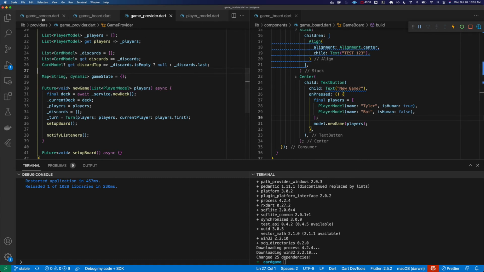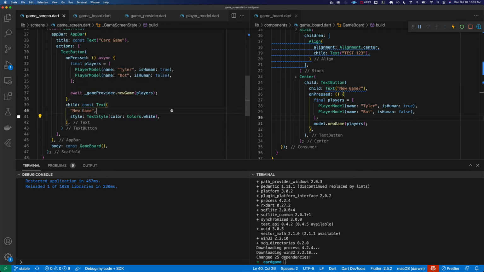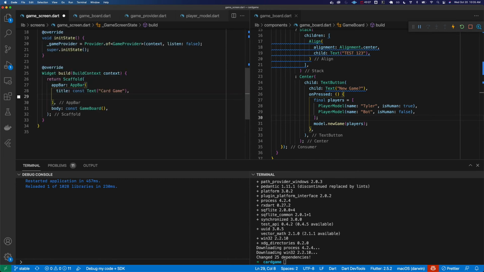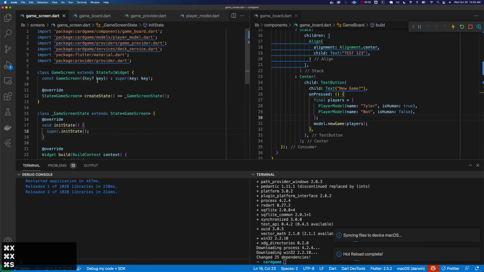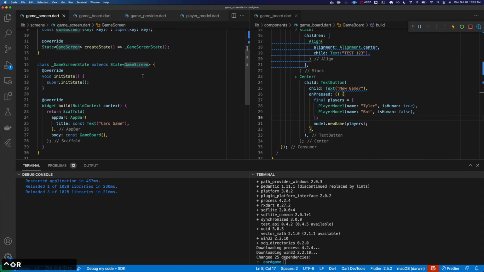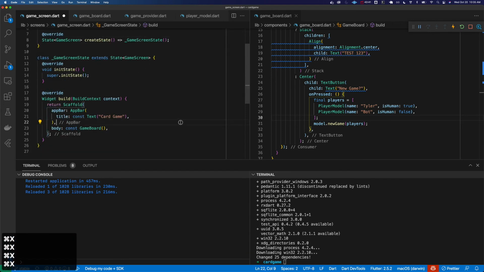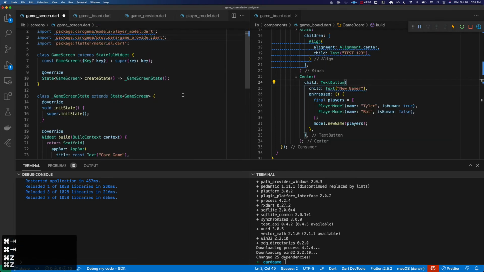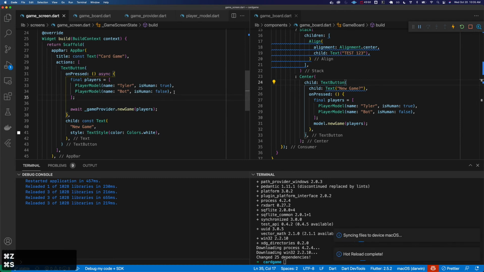So just to clean stuff up, because I don't think we need a new game button in both places, I'm actually going to fully get rid of this action that's in our game screen, meaning we don't really need this anymore. And in fact, this could just become a stateless widget now, which I don't think you could easily refactor. So we won't really worry about it because we might want state at some point. But yeah, now we've just put this in here. Actually, sorry. We do need to keep this button because